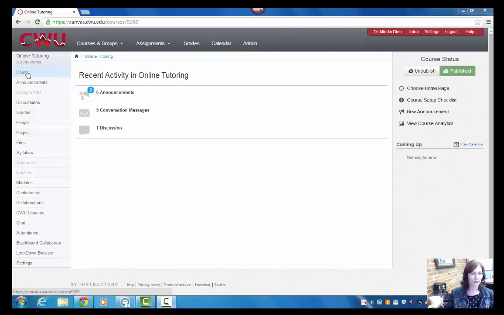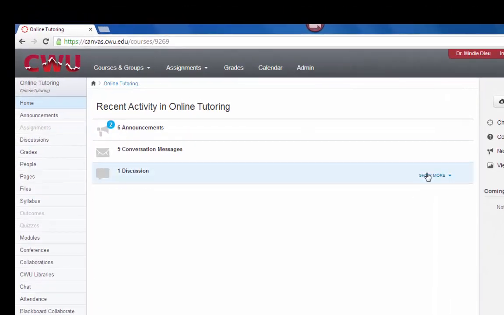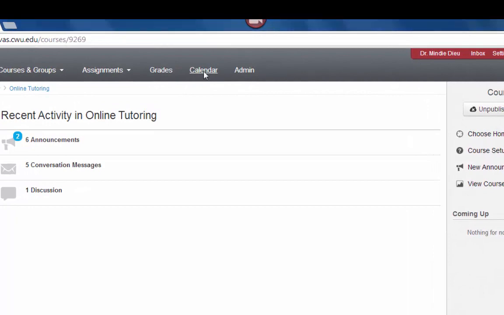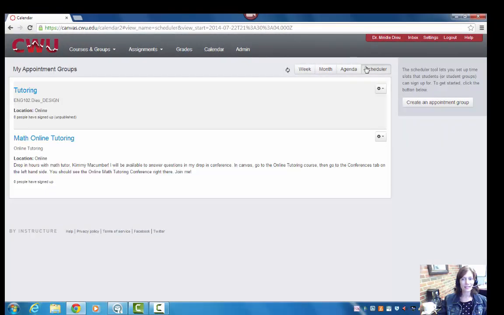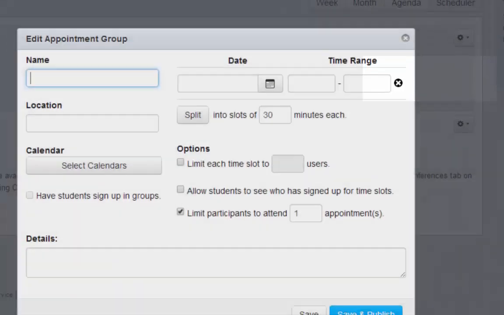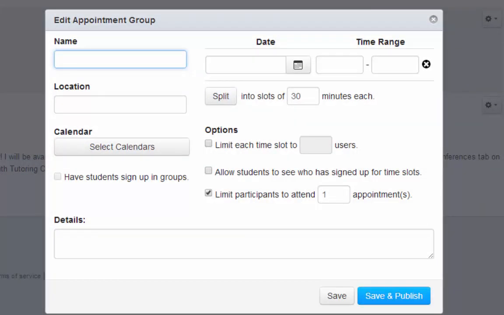So here I am in the home screen for online tutoring, which is also the shell of the class that you'll be tutoring in. I'm clicking on calendar, and you'll see that it automatically goes to the scheduler. Instead of messing around with all of this, we're going to go to create an appointment group. So we'll say that my name is Bill, because my name's Bill, and my location is probably going to be online. And maybe I would say something like writing tutoring